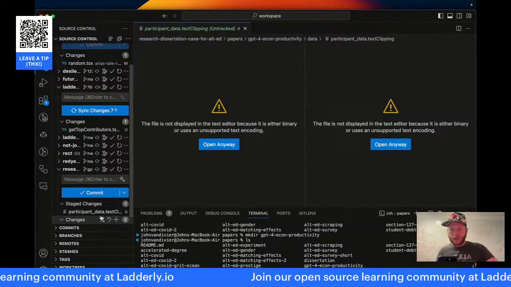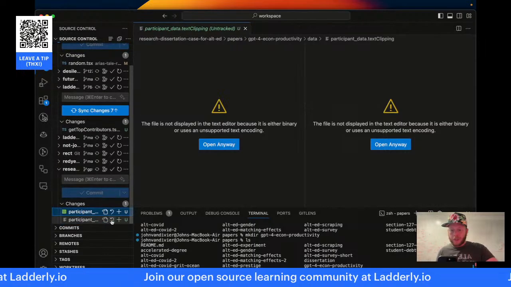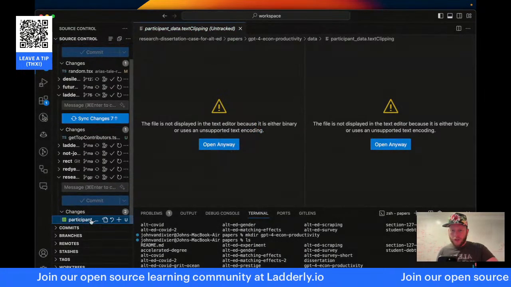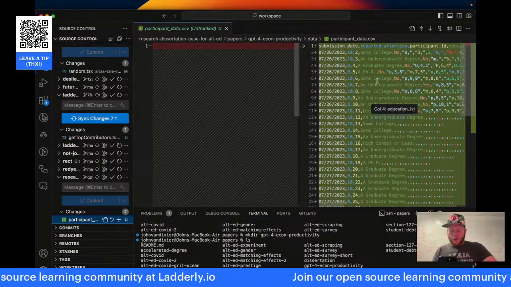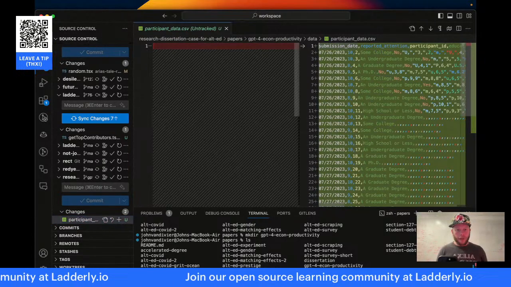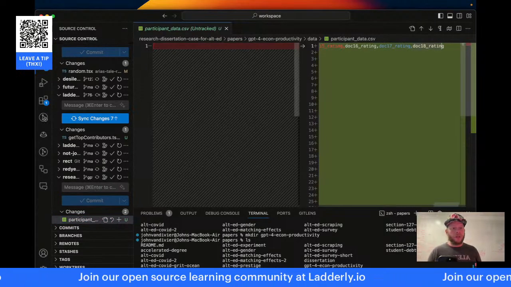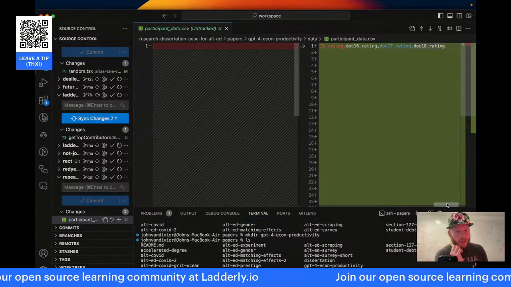Text clipping. I don't know what's going on there. Let's discard this one. So now I just have this CSV. All right. Command A, Command right, and you can see that it's going up to doc 18 rating. So what's going on?